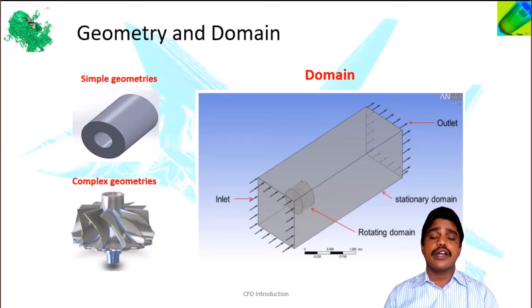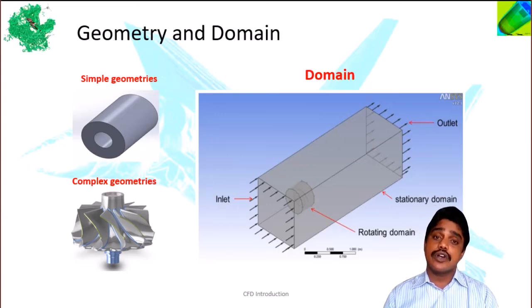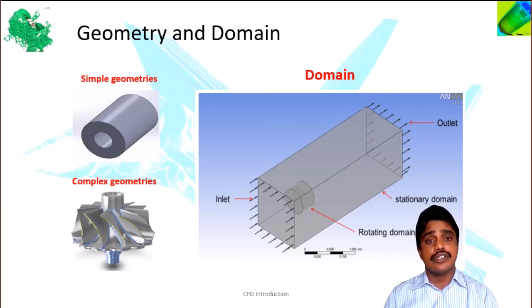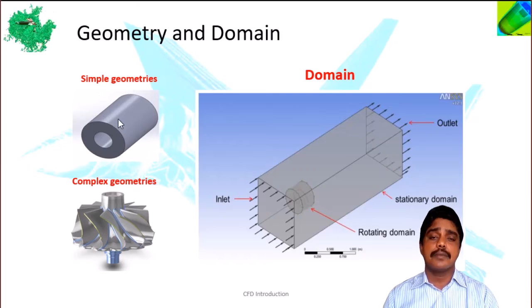Now coming to the modeling, what do we need when we are going for CFD modeling? The geometry types can be simple geometries or complex geometries. As you can see on screen, the simple geometries are the ones such as very simple pipe flows, where the minimum number of variables are required to model that geometry. Whereas in the complex case, the best example is the turbo modeling, where we need more variables in order to design that particular geometry.